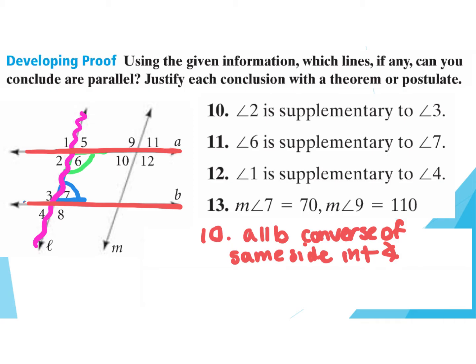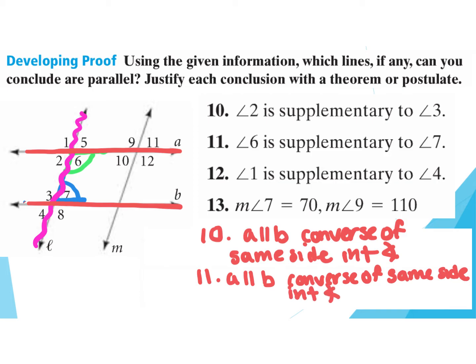So for number 11, I could say that A is parallel to B by the converse of same side interior angles. The next one tells us that angle 1 and angle 4 are supplementary. So for this one,